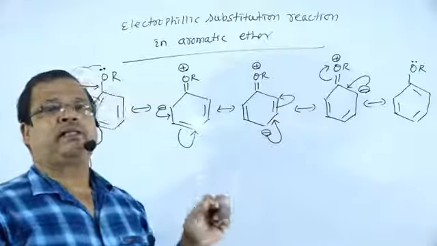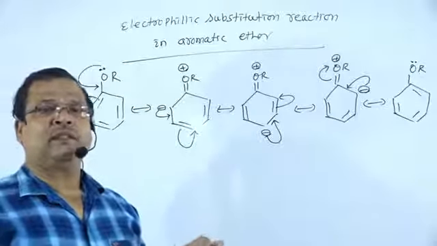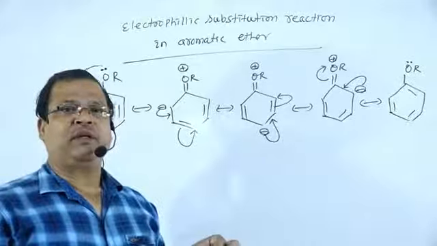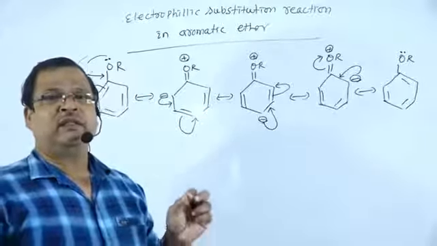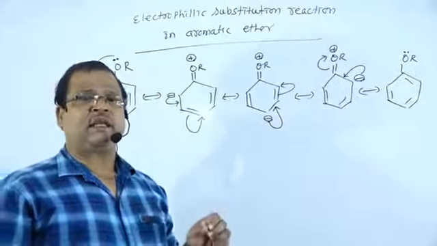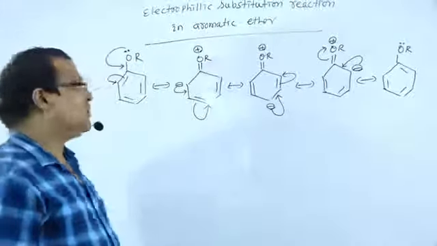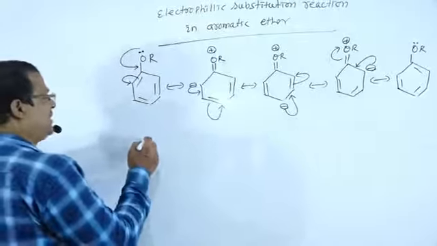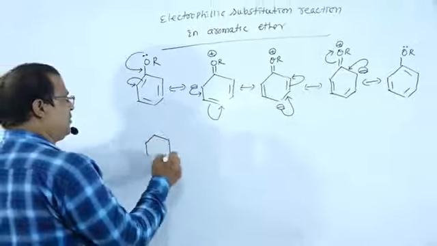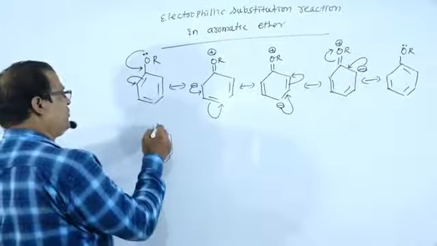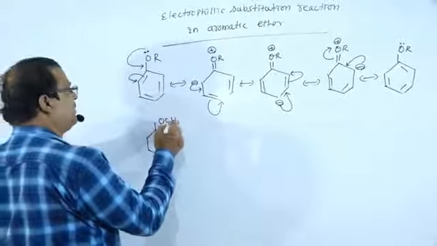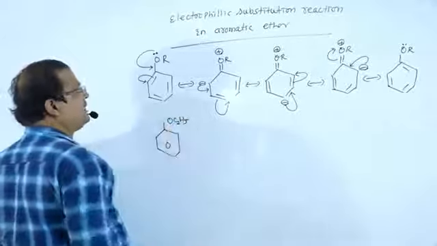Therefore, the electrophiles like NO2+, Cl+, Br+, SO3, that is CH3CO+ etc. will get directed to the ortho and para positions. So if we carry out the reaction of methoxybenzene, that is anisole, for example anisole, or ethoxybenzene, that is phenetole,